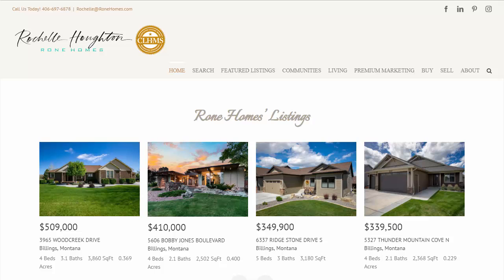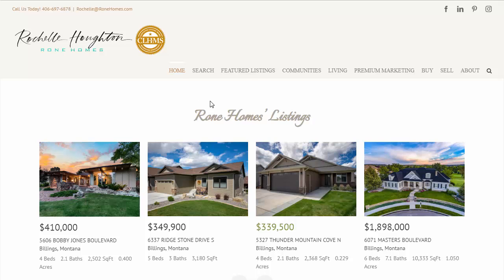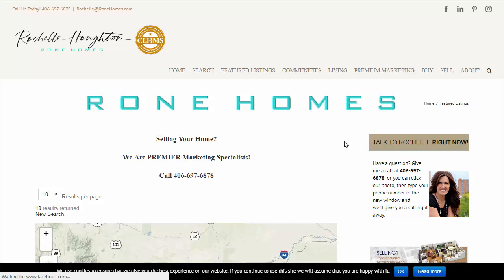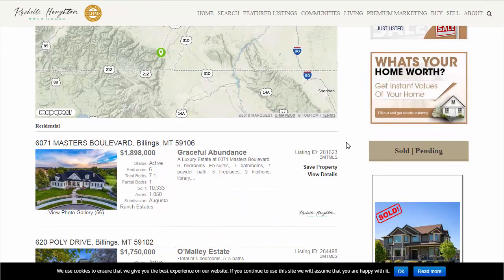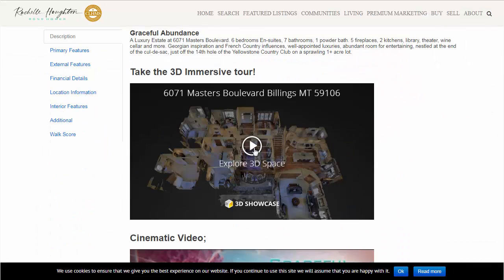Hi, if you have IDXBroker and you use Matterport, you have an advantage that others don't. Let me show you. With the featured listings, your IDXBroker allows you to go in and customize your featured listings from their dashboard and allows you to do something like this, where you can embed the Matterport